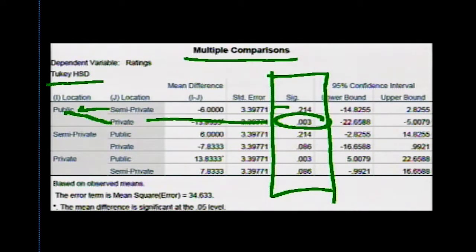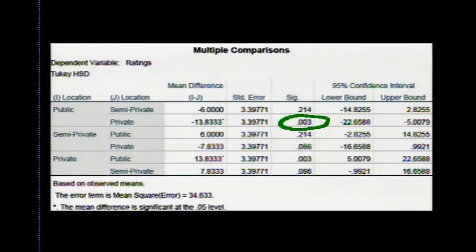Now, one of the things to know about the chart that you're looking at is it will compare everything to everything else twice. And so now we're going to see semi-private compared to everything, and we don't see any differences. No differences there. And then here we see private being compared to semi-private and public. And here again we see the same result. That's that 0.03, and we see that that is in fact significant. And so just to review then, we see two significant indicators here, and they're the same result: public versus private, private versus public.